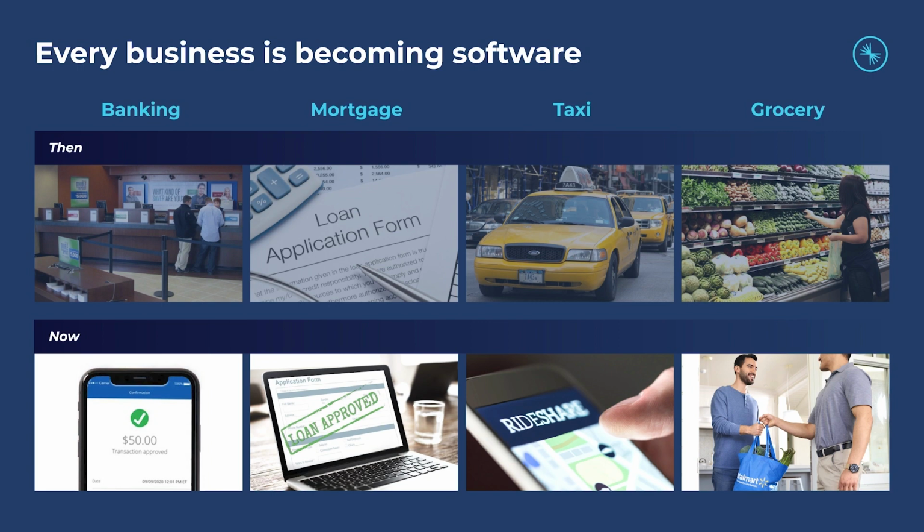And similarly, banks are becoming digitized. We all are used to the Ubers and Instacarts. So it's a completely digitized, real-time, transformed world that we're living in. And there's still a lot of distance to go in terms of making age-old, archaic, batch-oriented business processes move from where they are to much more real-time in nature.